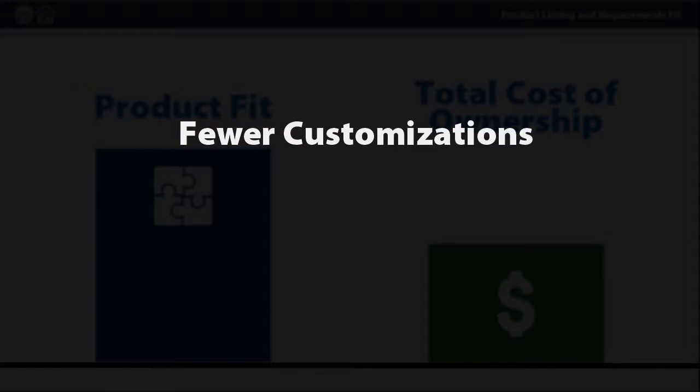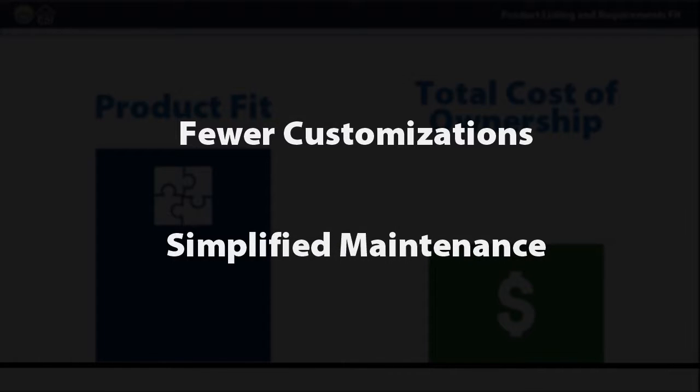First, fewer software customizations and workarounds are necessary to meet requirements, as those customizations and workarounds can be very expensive. And second, fewer customizations and workarounds make it easier to maintain the system. Every time the system is patched or upgraded, extra testing is required to make sure all the customizations and workarounds